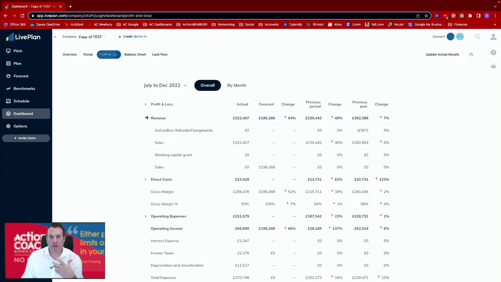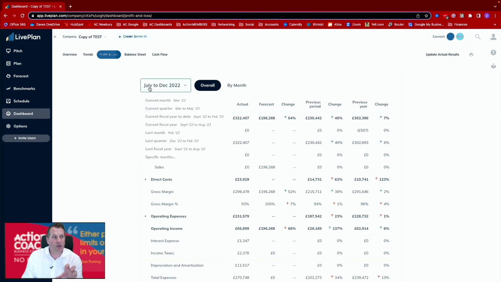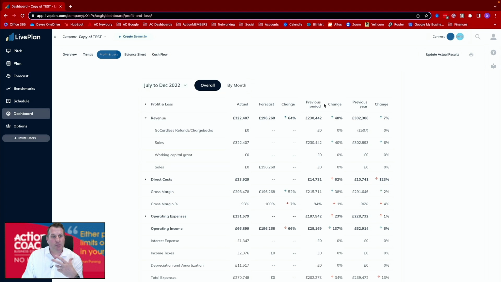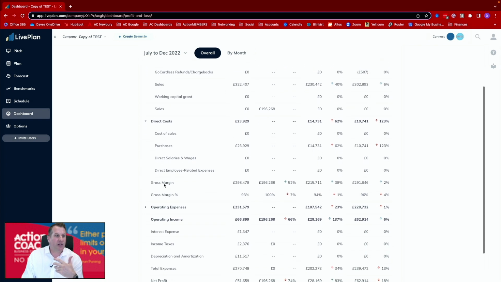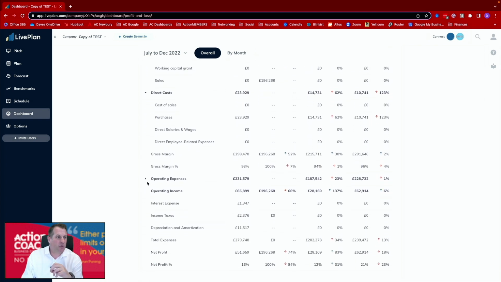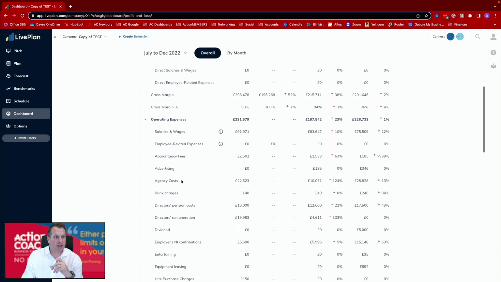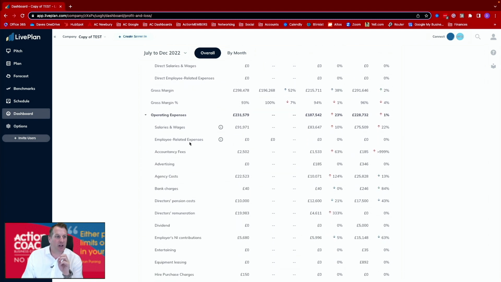You can look at your different revenue streams to see what each line is generating versus your forecast, how it's performing against forecast, previous period, and previous year. So at the moment we're looking at a date range of July to December 2022. So previous period will be the 6 months before that, previous year will be July to December 2021. It enables you to dig into the detail of direct costs, looking at your gross margin in percentage terms as well as operating expenses. So you can really get to granular detail and spot any issues, anomalies or opportunities